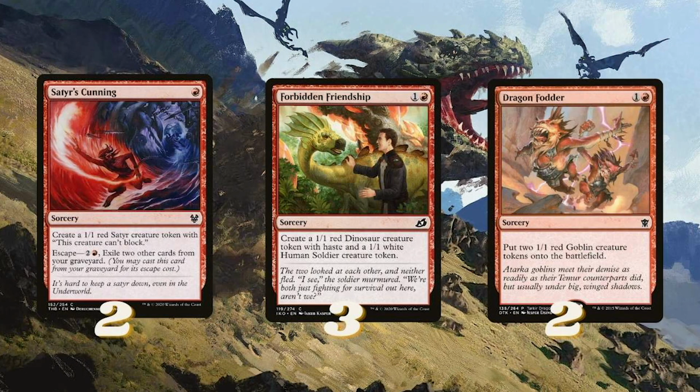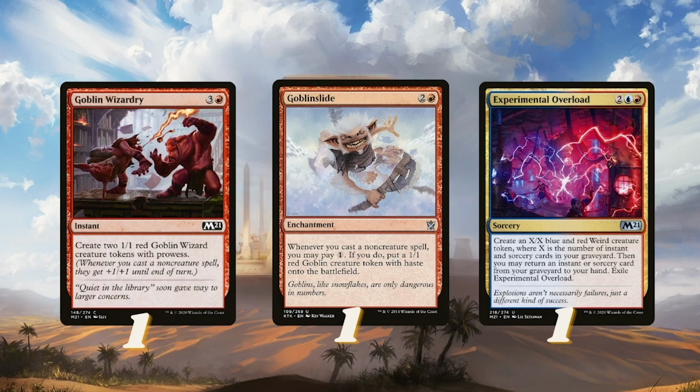I play 2 Satyr's Cunning, 3 Forbidden Friendship and 2 Dragon Fodder. Then I also play 1 Goblin Wizardry because I can play it as an instant. I play 1 Goblin Slide and 1 Experimental Overload. That could get pretty big by itself and could even be a win condition. So all these tokens we of course want to morph into...